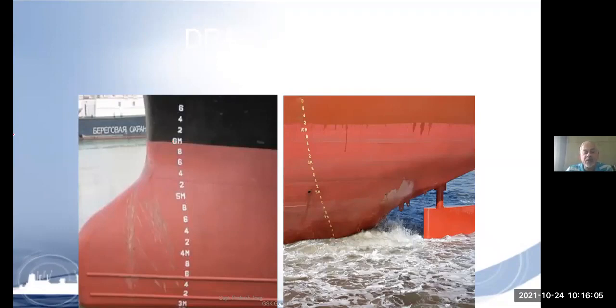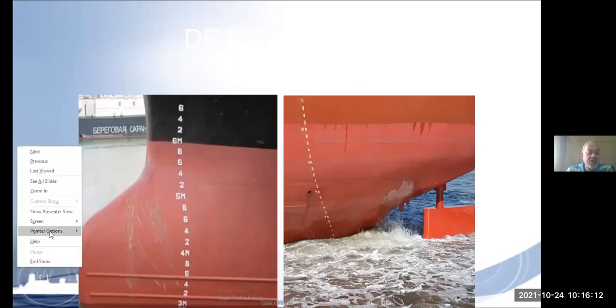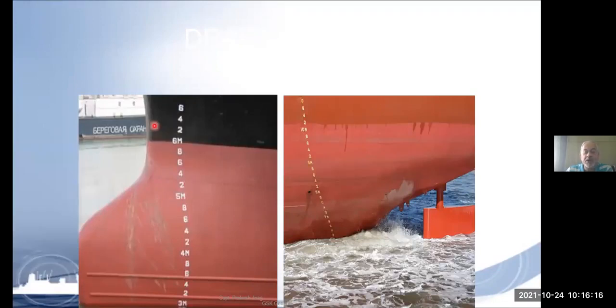These are what we are showing here. These are draft marks here. This is the forward part of the ship, and draft marks are given here. Okay, so this is the forward part. This is the bulbous bow of the ship, and these are draft marks. These are in meters. So draft marks can be given in meters and centimeters, or they can even be marked in feet, but feet markings will be in Roman letters.